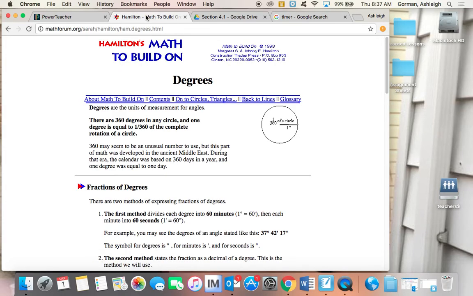What we're talking about today. I found this quick little article of why we're going to talk about the conversions of degrees, minutes, and seconds. So, back in the Middle East, thousands of years ago, we used to think that there are 360 days